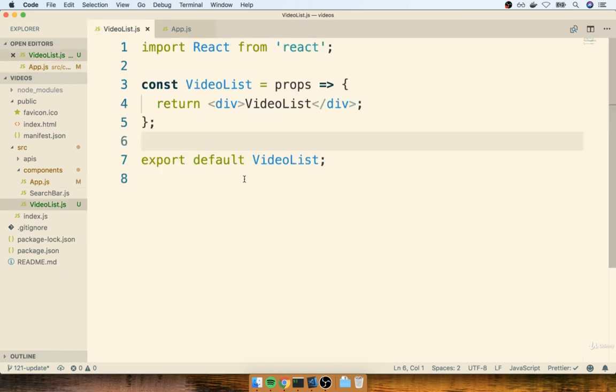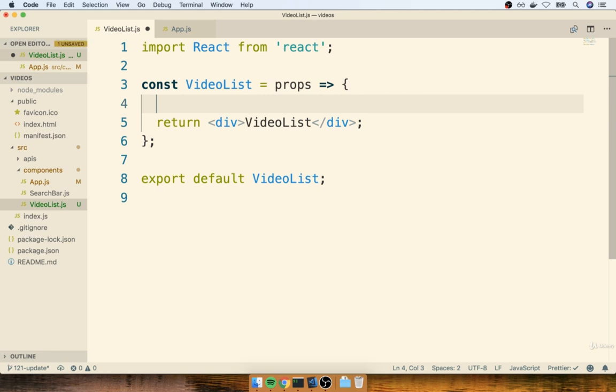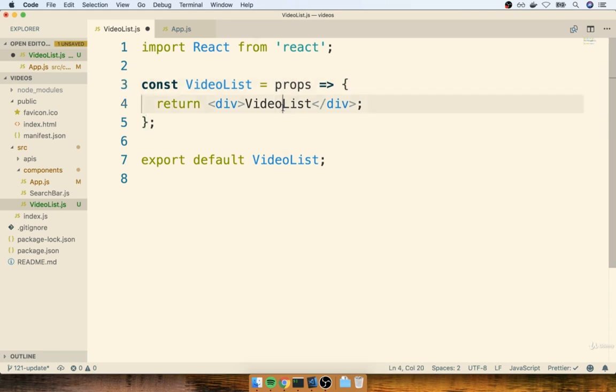So now we can go back over to the video list. Now, anytime that this component is rendered onto the screen, it will have a prop called props.videos. This is going to be the array of different records that we want to render out as HTML to the screen. For right now, just to make sure that these props are showing up appropriately, I'm going to remove the text video list and replace it with props.videos.length, just as we had before. All right, so I'm going to save this.